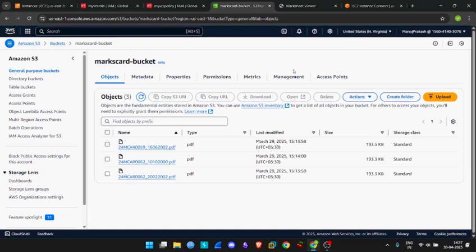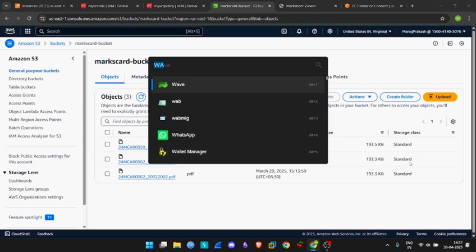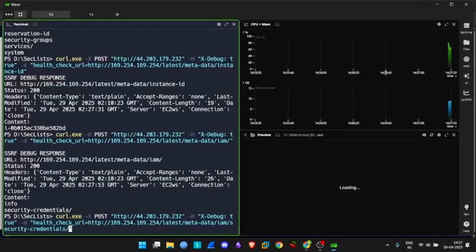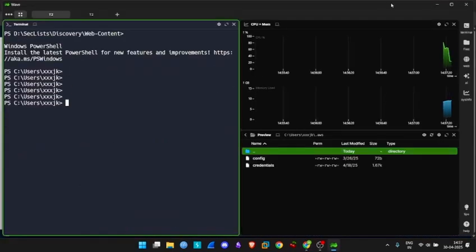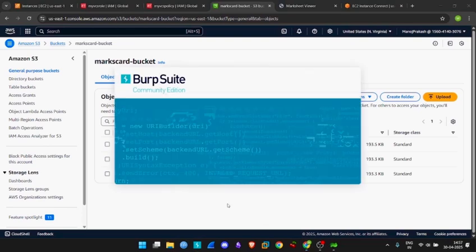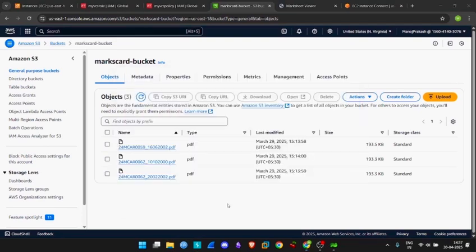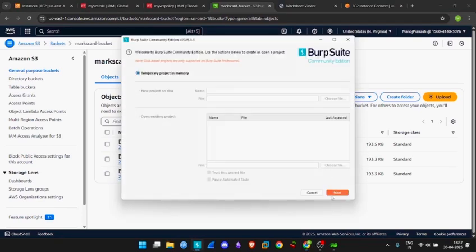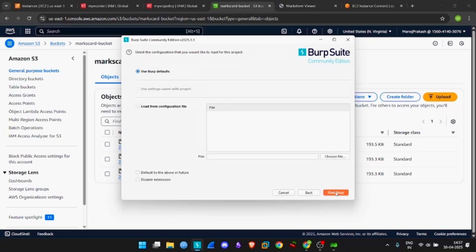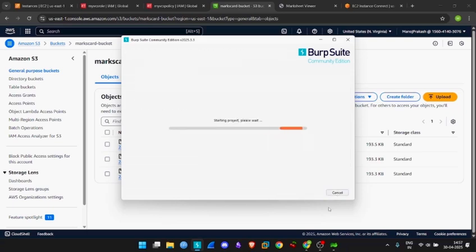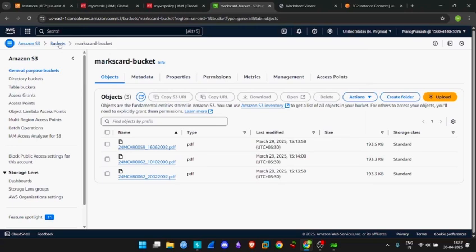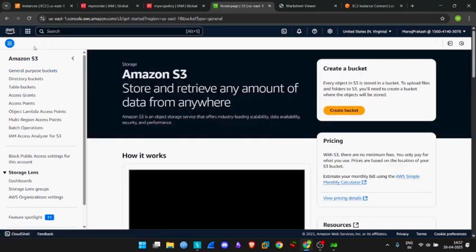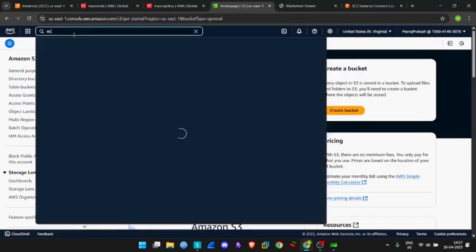And we'll be using a few tools, starting with fuzzing tools. And we'll also be using Burp Suite. We'll be using the proxy and repeater to capture the request, and we'll be sending that captured request into repeater to send the request multiple times. What else we'll be doing right now is